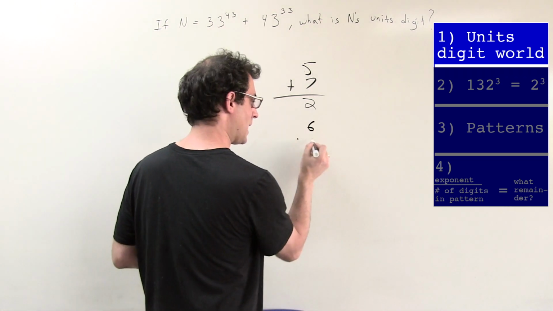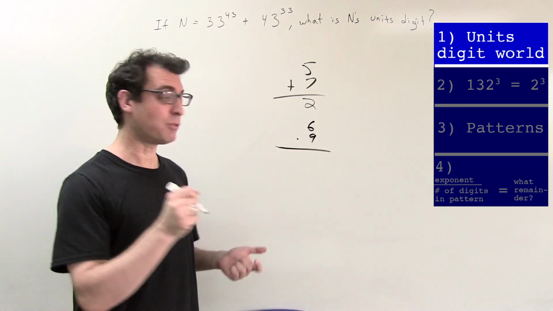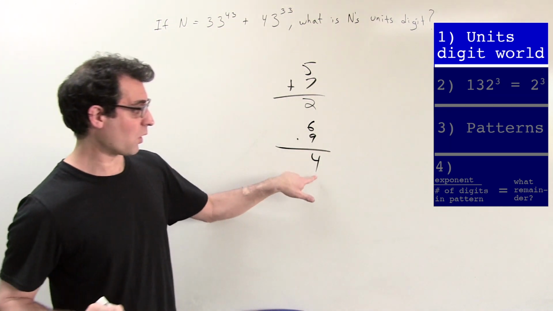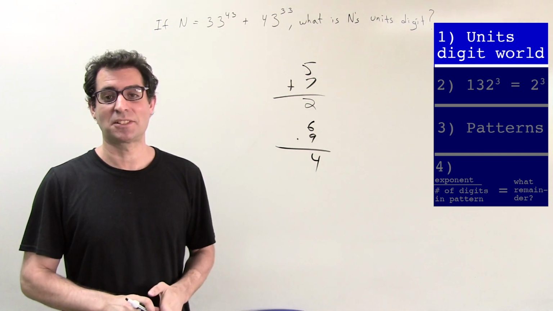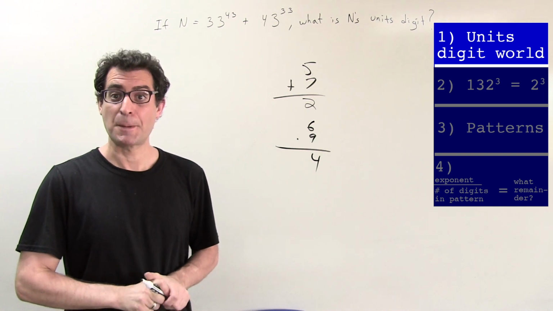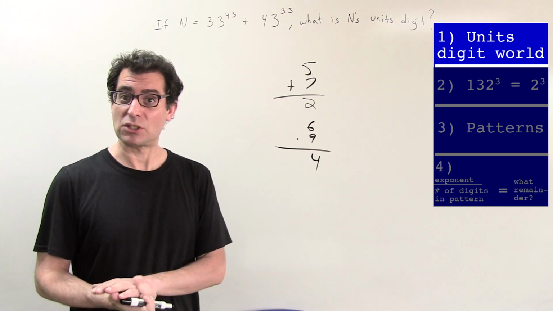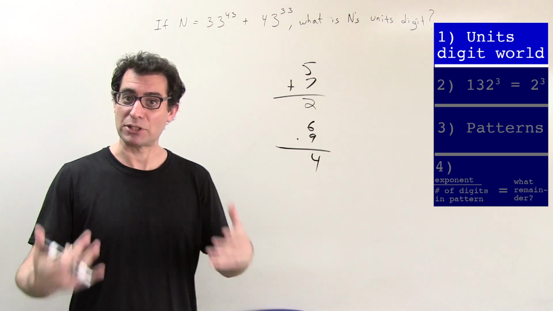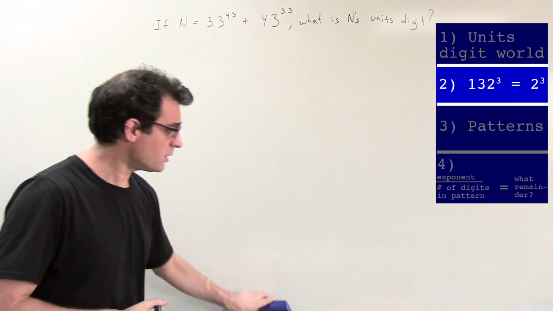What is 6 times 9? 6 times 9 is 4, because 4 is the units digit of 54. The only thing that matters are the units digits in these questions, all right? We're living in a units digit world, and I am a units digit GMAT teacher. Okay, number 2,